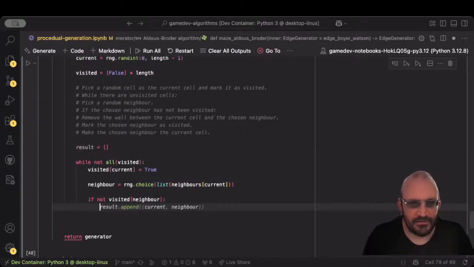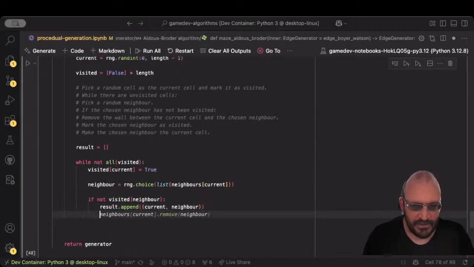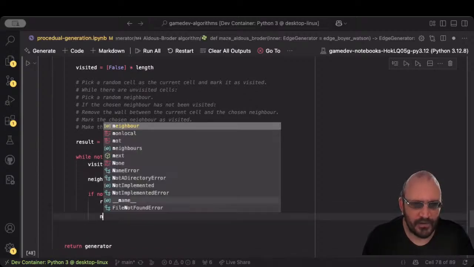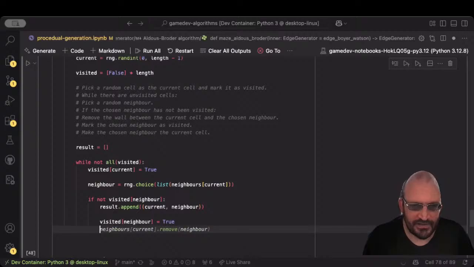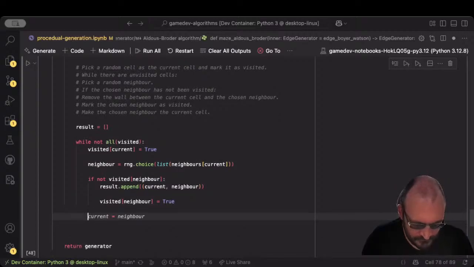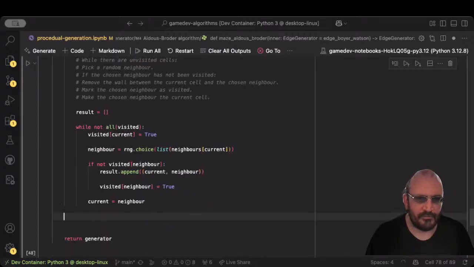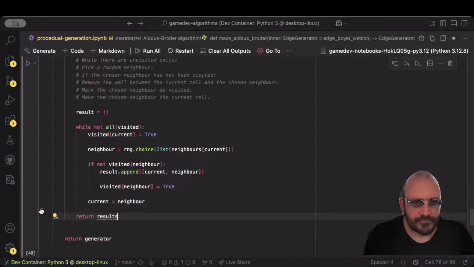So if the neighbor hasn't been visited, we'll append the current, we'll append the neighbor, and we'll set the neighbor as visited, and then we set the neighbor as the current cell, and then when we return